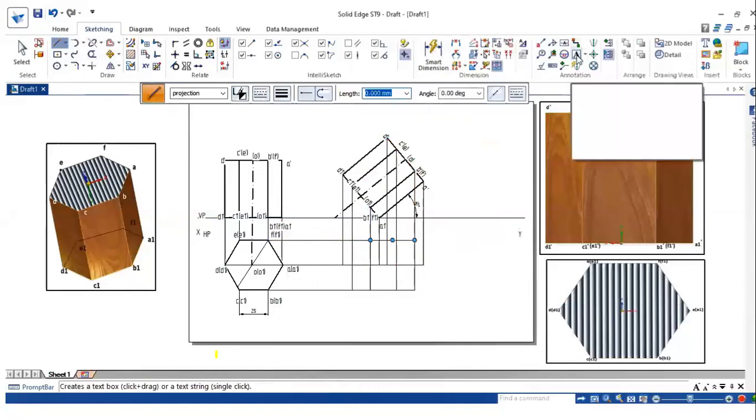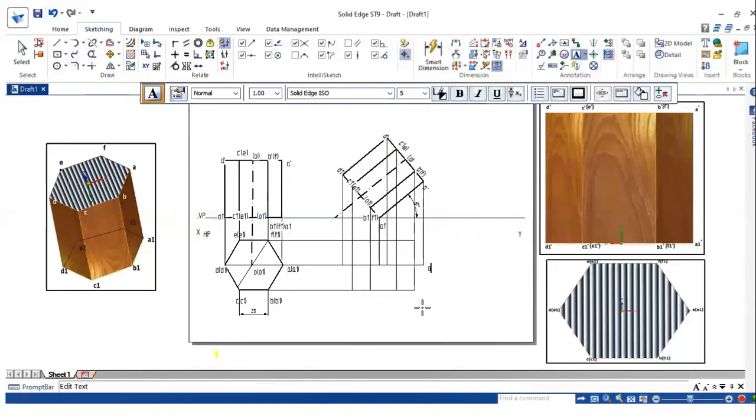Now name everything. So this is A, this is B, this is C, D, E and F. Again, this is A1, B1, C1, D1, E1, and F1.